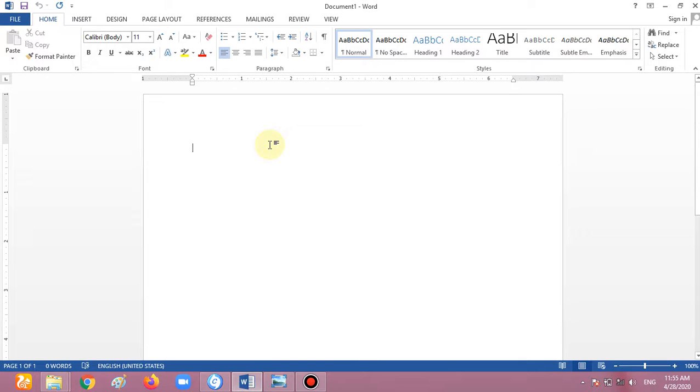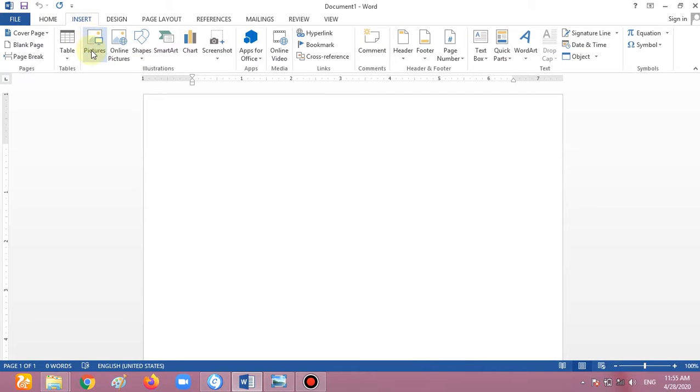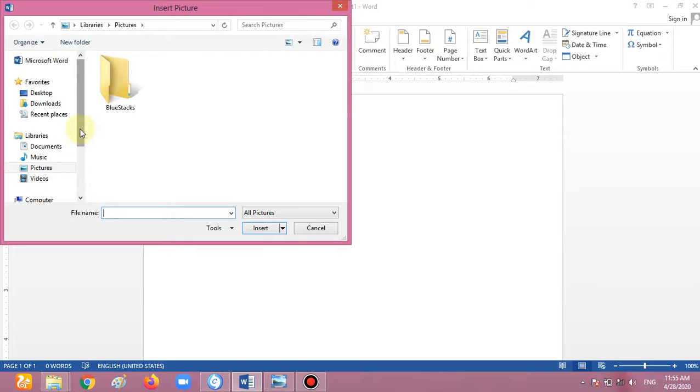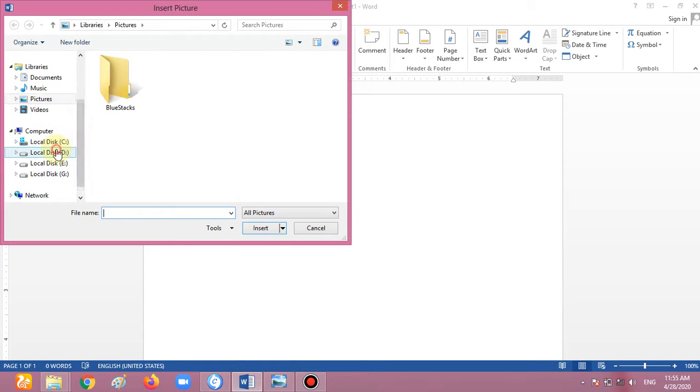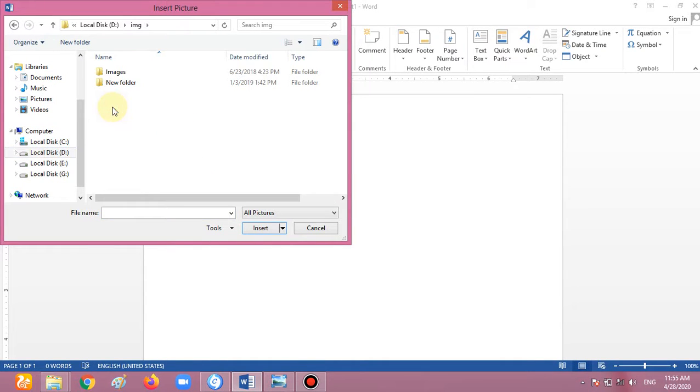The MS Word. In this chapter, we read about how to fill a picture, how to improve our picture, or how to improve some designs in a picture. So how can we insert a picture first? For this, you have to go to the Insert tab, choose Pictures from the Illustrations group. Now go to the place where you stored the picture. I am storing it here in Image.